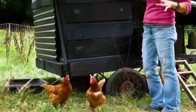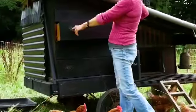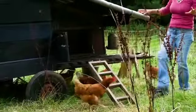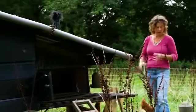There was a chest of drawers in the barn that's doing nothing, so I thought that would make a good kind of place for them to lay. This is a base from a cot, not the kids' cot, came off the old hen house. We should get to the stage where we'll have a little gutter here, we'll be catching water, and so the whole